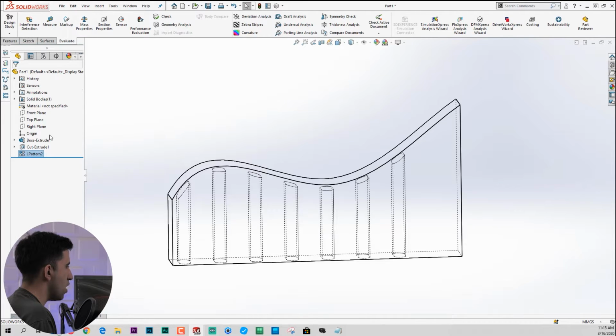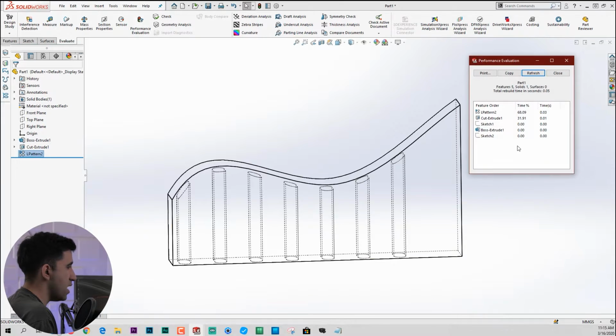It depends on how many features you have used. If I have 3, maybe the longest would take 1 second while the shortest 0.1. But if I have 300 features, maybe the longest would take minutes to rebuild, and you don't want that. Currently, in this model that I have not checked the geometry pattern for, my linear pattern is taking 68% of